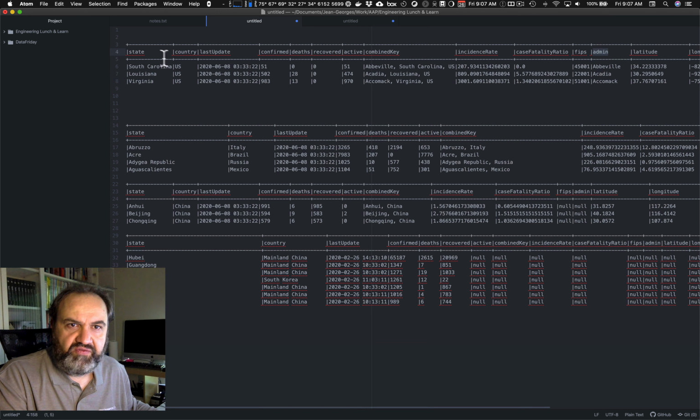When we are not in the US, you see that it's taking the state, same thing, and the country, and combining it, like Abruzzo, Italy, or Aguascalientes in Mexico.